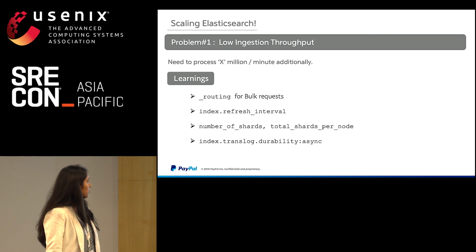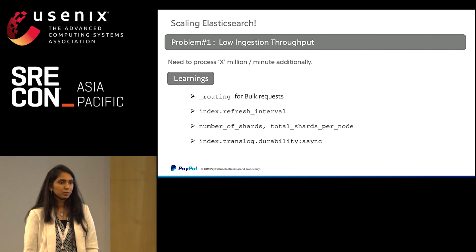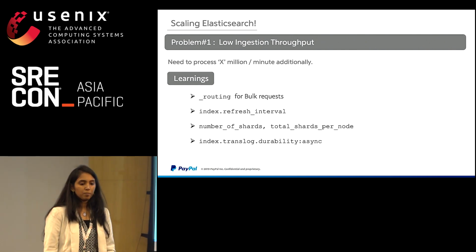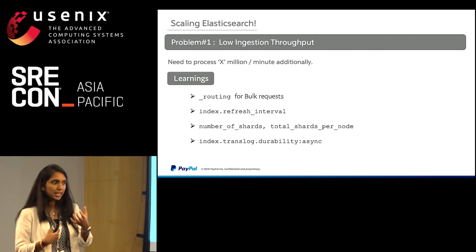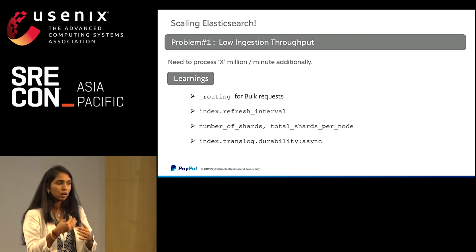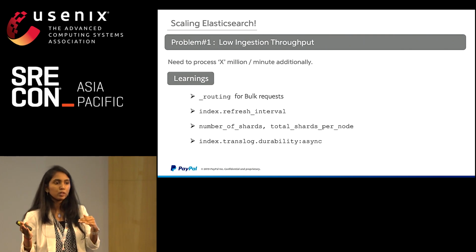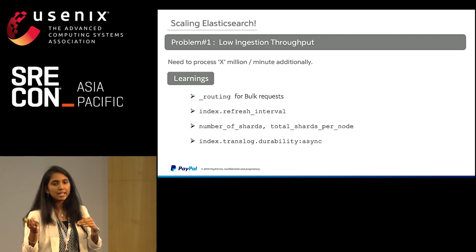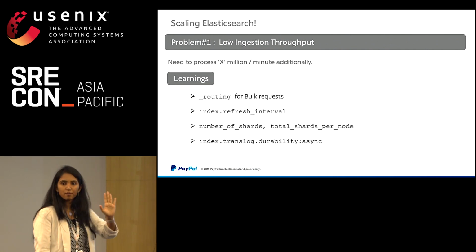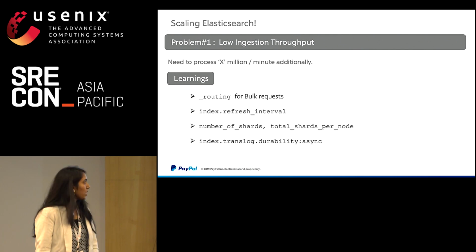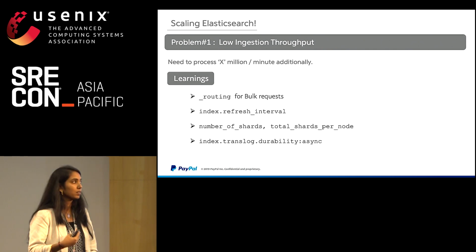And the fourth part is about the translog durability async. Is anyone aware of the translog concept? Who has used it? Okay. Translog is again an on-disk thing. When there is an indexing request, it is put into a write-ahead log file called a translog. And then the actual persistence to disk happens with the help of a Lucene commit. A Lucene commit by itself is an expensive operation. So what do we tell? Hey, do these Lucene commits in an offline way. Do it async in the background, where it doesn't happen for every indexing or search request, but happens at a lesser frequency.